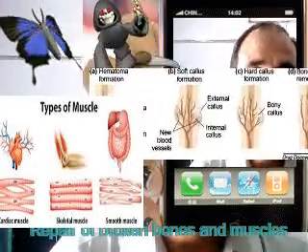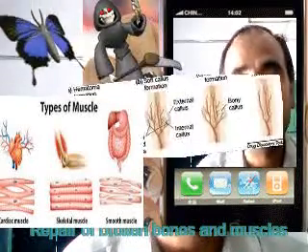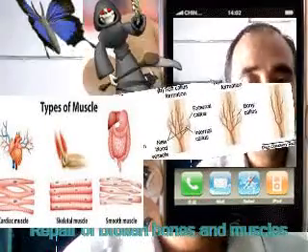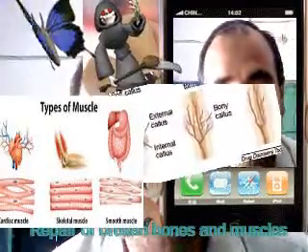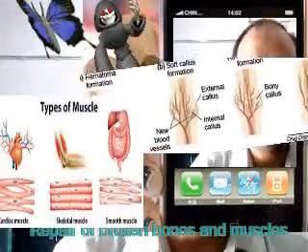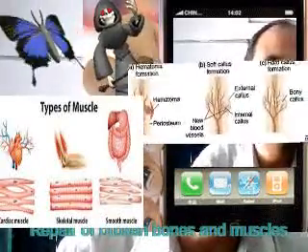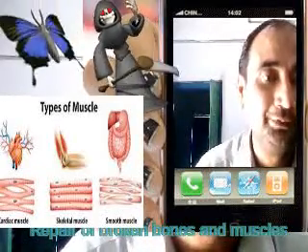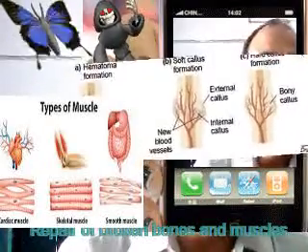Now the second process begins, called soft callus formation. After 3 to 4 weeks, osteoblasts and blood capillaries migrate into the fracture site and clear the debris, and now the bone forming cells, osteoblasts, osteoclasts and fibroblasts, migrate into the fracture site and divide rapidly, and now it forms the callus called soft callus.